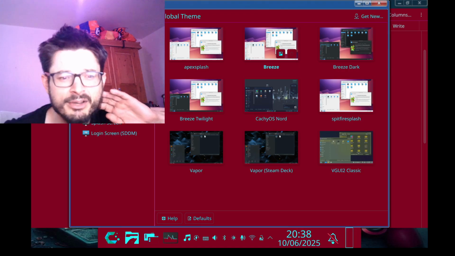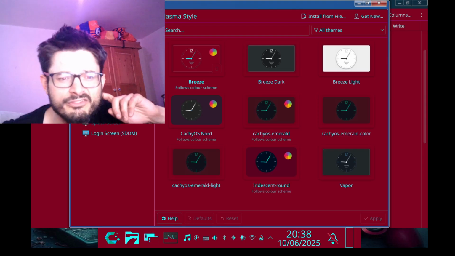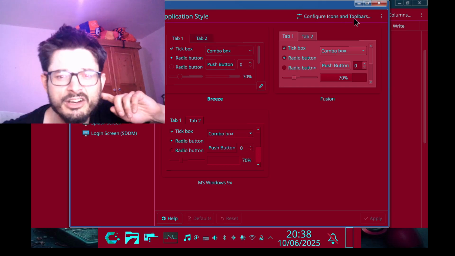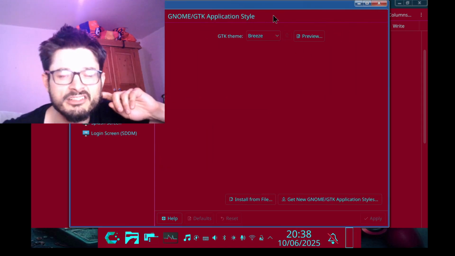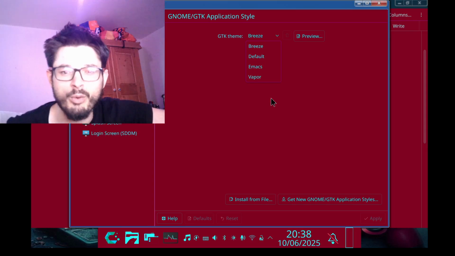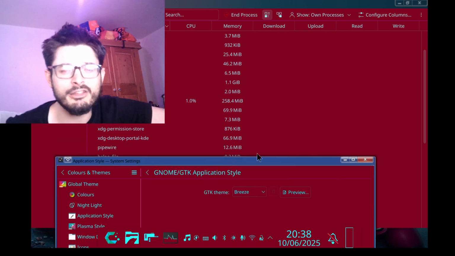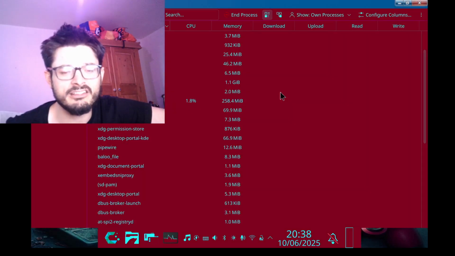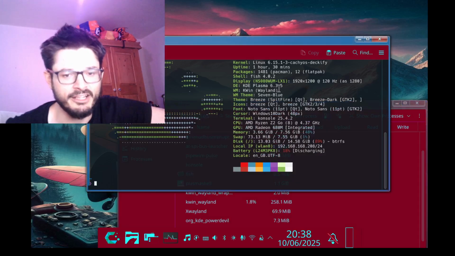Plasma style something icon. It's one of these Plasma style application styles. So if we go here, configure the GNOME/GTK application style, which is why I say Plasma primarily uses Qt and GTK